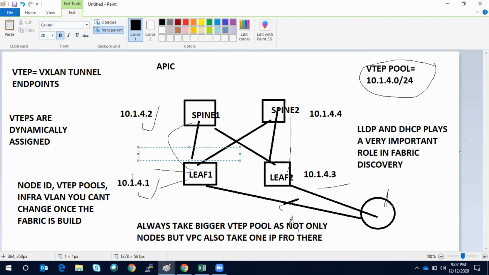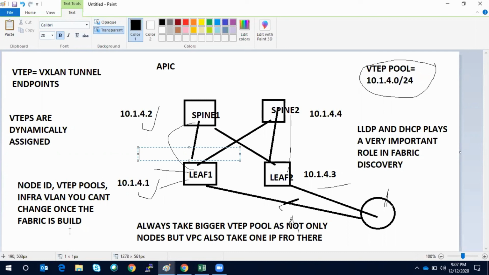So when you create a VPC, let's say this is my server and you create a VPC, then one IP address also gets assigned from this VTEP pool, because in this case these two leaves act as a logical switch. So for forwarding, one IP address is also assigned from the VTEP pool. And going forward, if you have some port requirement, you can connect more leaf and more spine. That's why it is recommended to have at least /16.